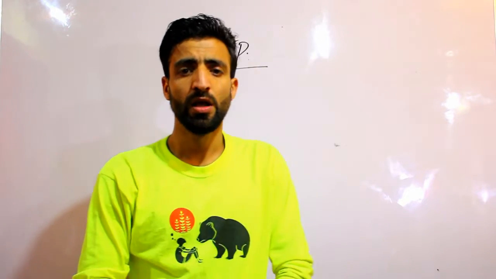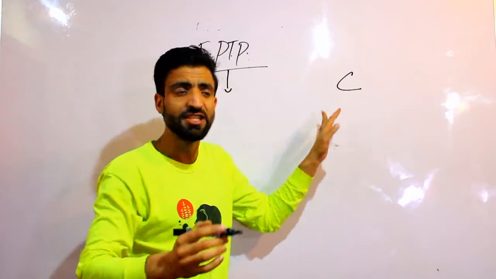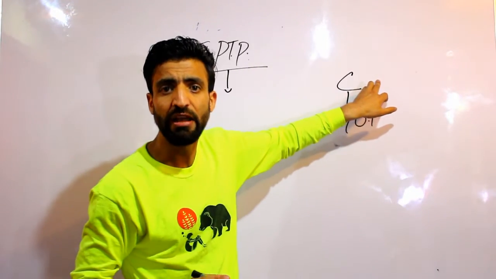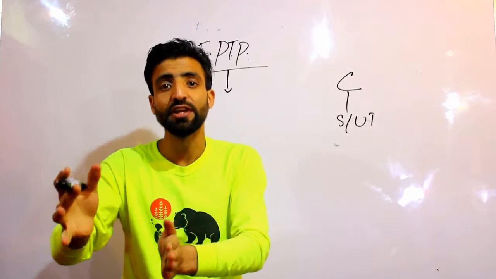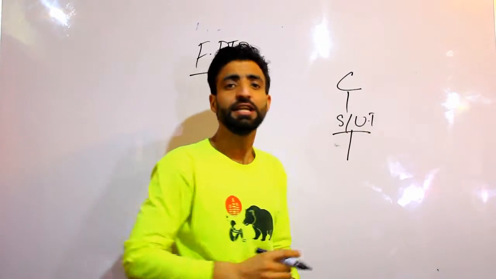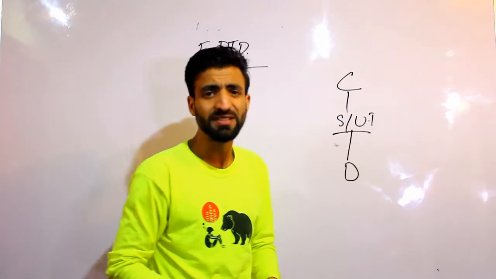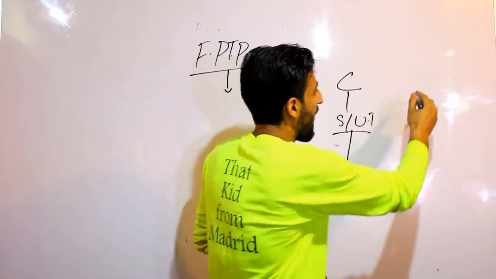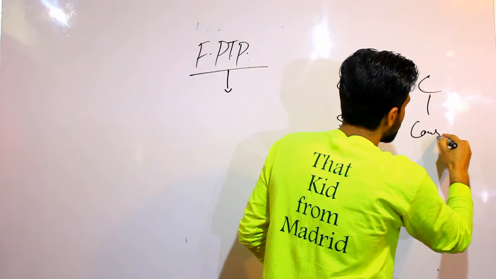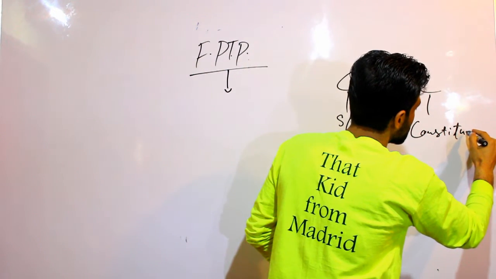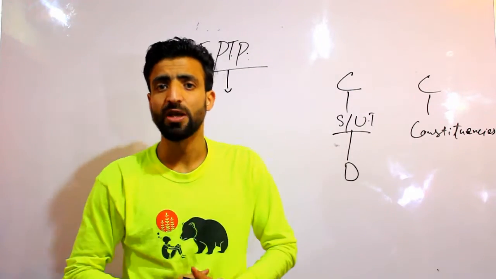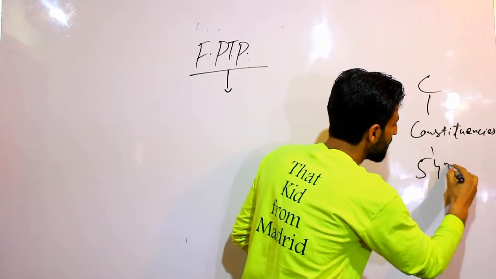So my dears, the way for the administrative convenience, a country is divided into states and UTs. Imagine India a country, okay? India is a country and India is divided into different states and union territories. And then these respective states and union territories are divided into districts. The purpose is administrative convenience. And in the same way, for the electoral purposes, for the purposes of election, a country is divided into territorial constituencies. As far as the elections of Lok Sabha are concerned, whole country is divided into 543 Lok Sabha